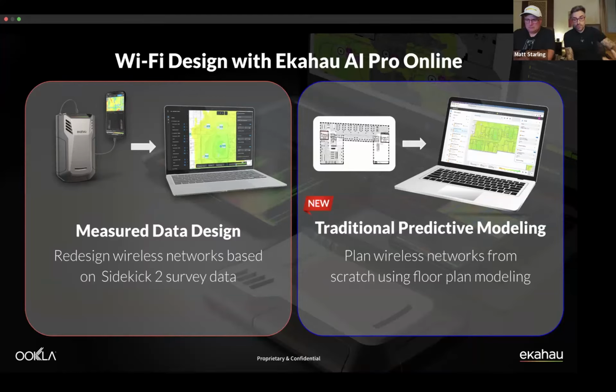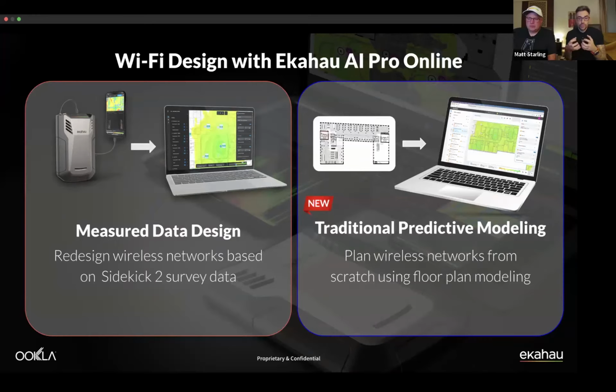And this is an extremely fast, great way to do it, and you don't have to draw any kind of walls or obstacles. Then, however, you may be in a situation where you can't access the site yet, you can't go and do a survey. We're in Dubai, for example, and when we look around outside, you can just see there's construction everywhere. They're very fast at building lots of new offices or hotels or apartments or whatever. And sometimes you just need to understand how many access points you may need for this new building that's being built. I can't go and do a survey yet because it's not physically constructed, but I need to understand how many APs I might need.